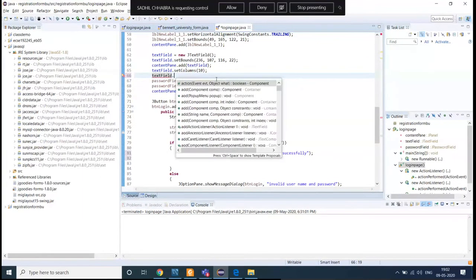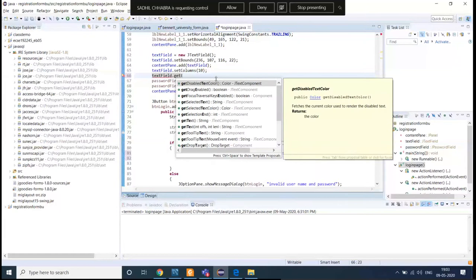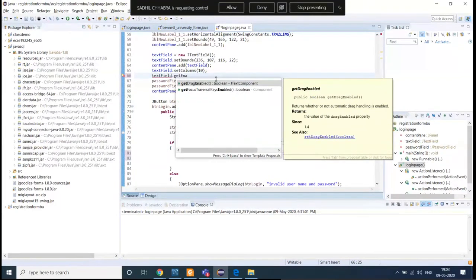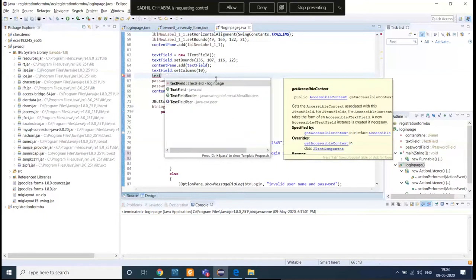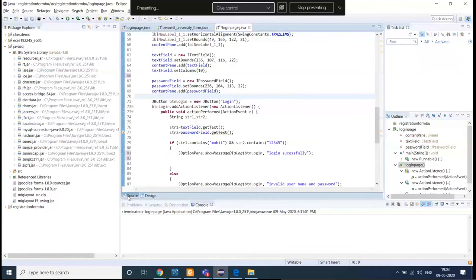Text field dot get... what is the method? I think I forgot the name of that method. I will tell you after that. Right now I forget the name of that method, so I will explain it once it comes to mind.